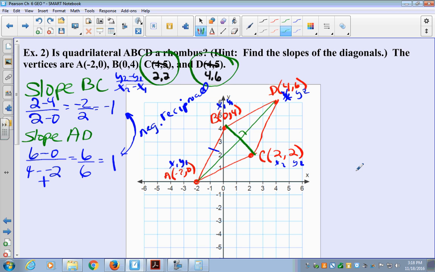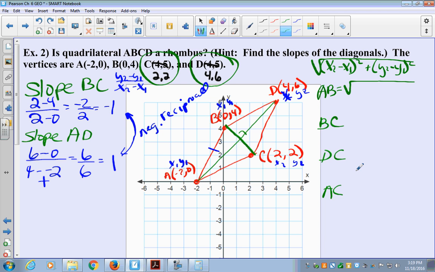All right, so we are going to use the distance formula, just in case you forgot what that was. That is the x's subtracted squared plus the y's subtracted squared. So we want to do AB, we want to do BD, and we want to do DC, and we want to do AC. Only have to do this 4 times. It's fine. Okay, so AB, the distance is going to be